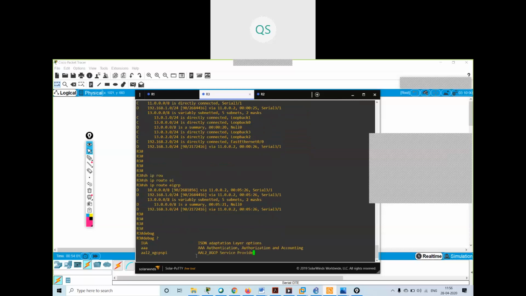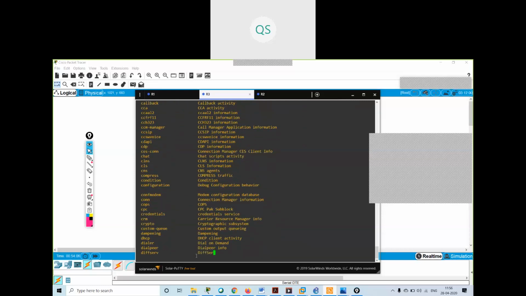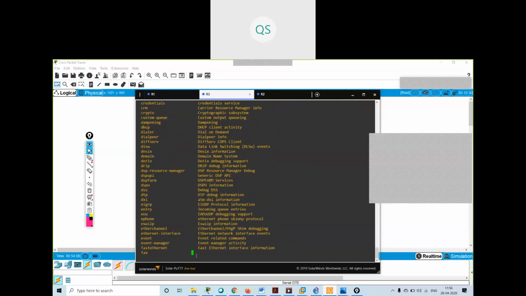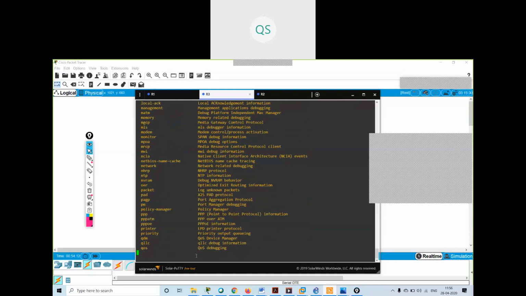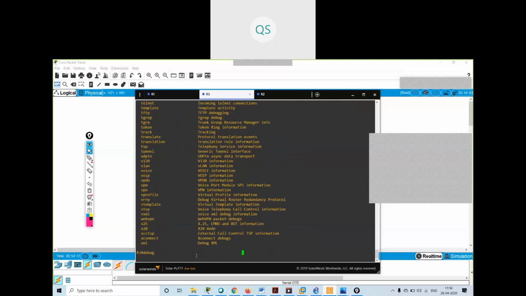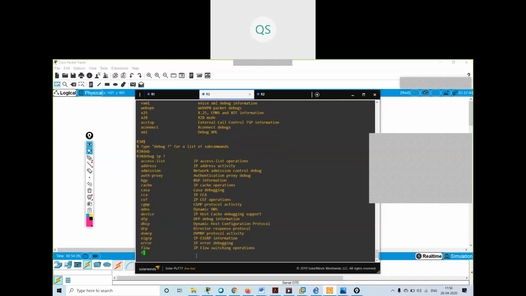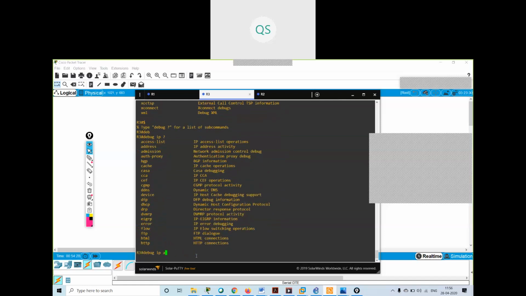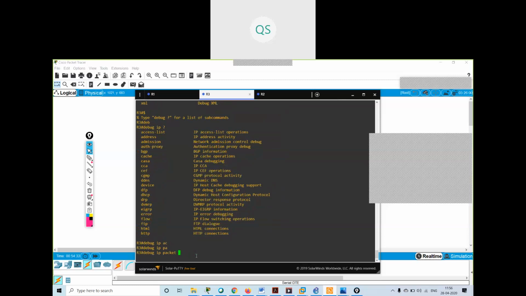You can use the command debug IP packets.